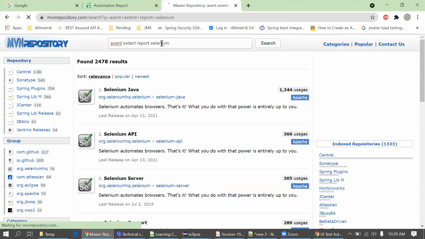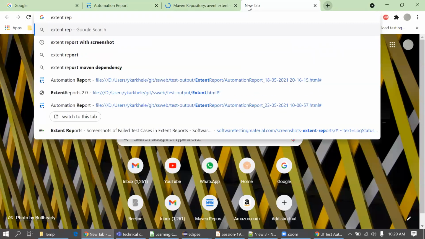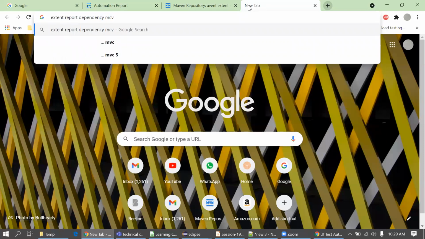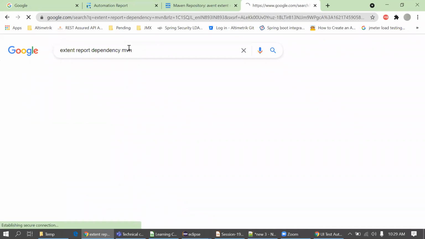We're getting the dependencies here. I'm just googling Extent Report dependency. It's an MVN repository.